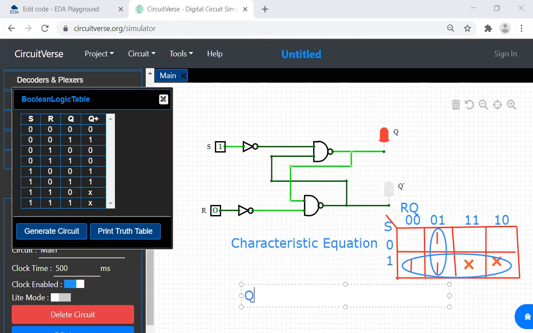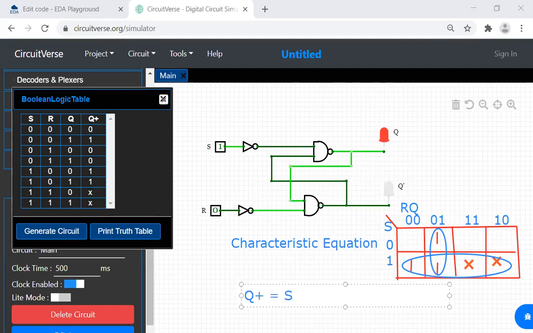Q plus, right? The expression, the characteristic equation, is in terms of Q plus. Both Q and Q plus are the same state, the same location, but Q plus means the next state. The next state depends on the previous state. So I'm considering Q plus. Now, if I consider this quad over here, everything gets cancelled. Only S is retained.